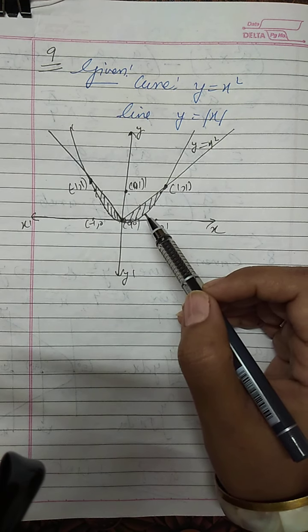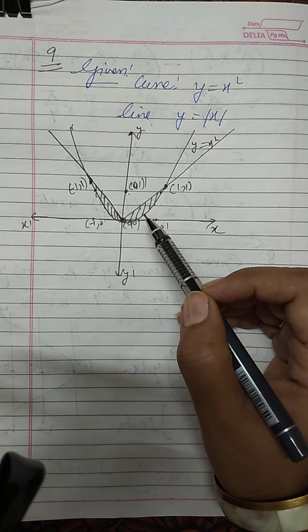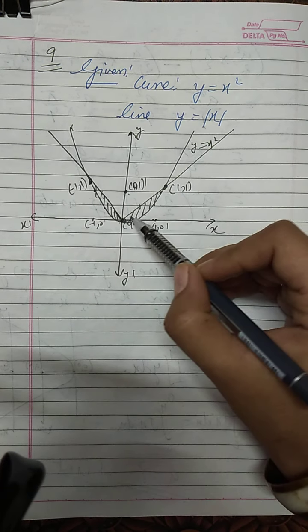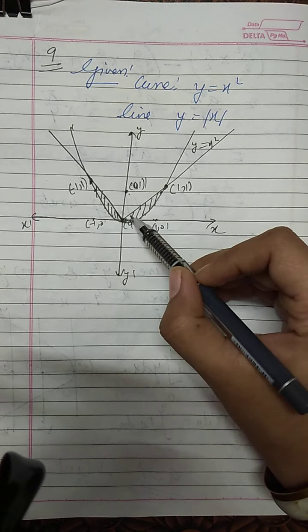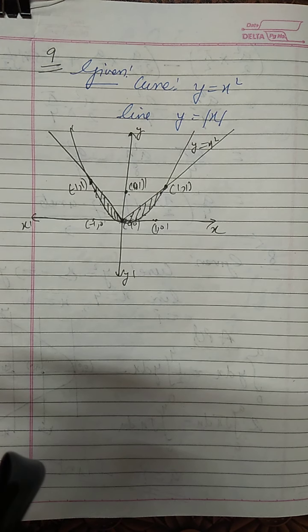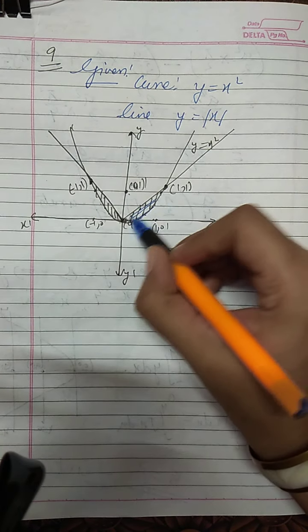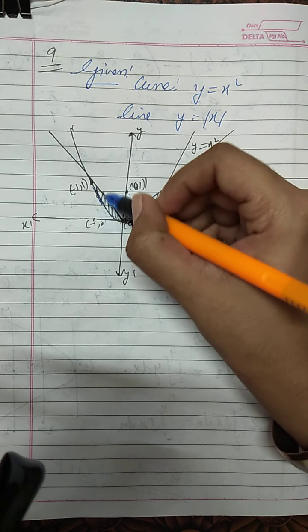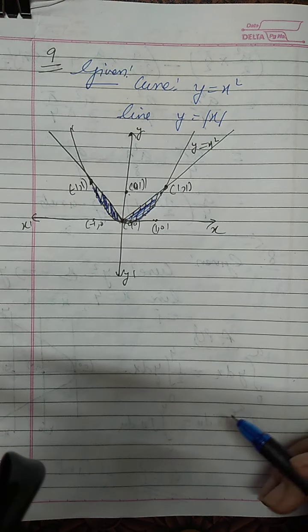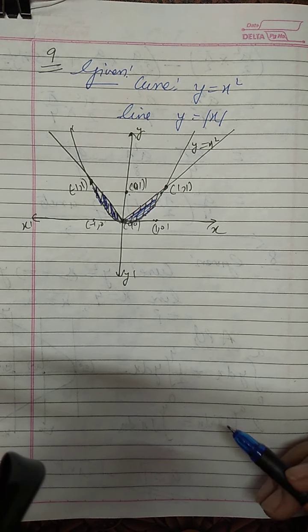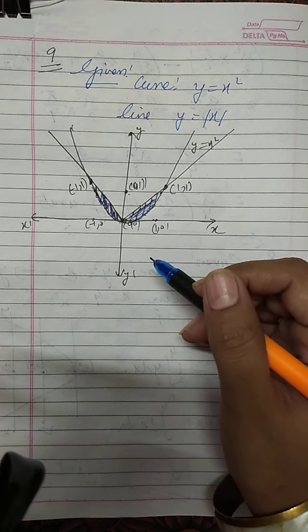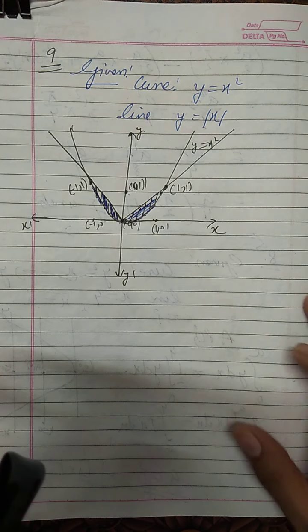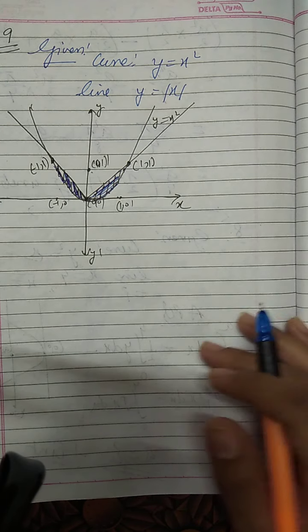Remember, as I told you, we always find the area under the curve, okay? And this area is not under the curve that I have to find. Let me shade it. This area which we are finding, it is not under the curve, it is above the curve. Similarly, this side, it is not under the curve, it is above the curve. So what we will do, right? Let me show you what I am going to do here.